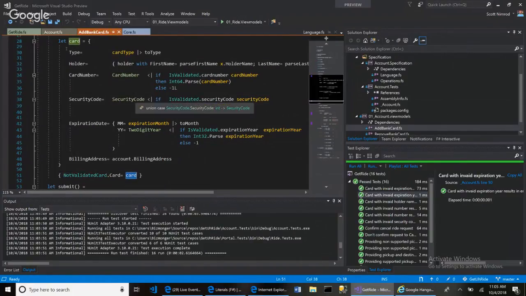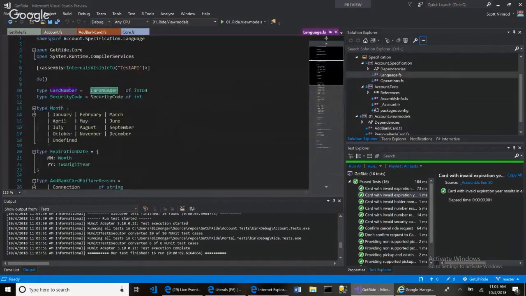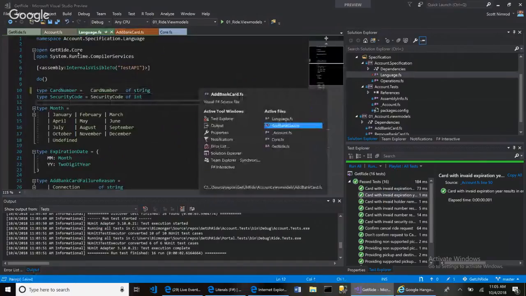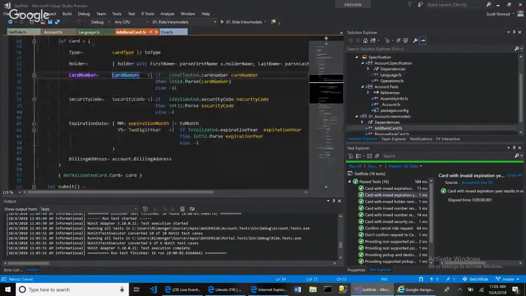What that means is that we should take this card number and that should be a string, like that. When I compile, that is going to cause some issues. But I should just be able to do this right here. If is validated.card number, then